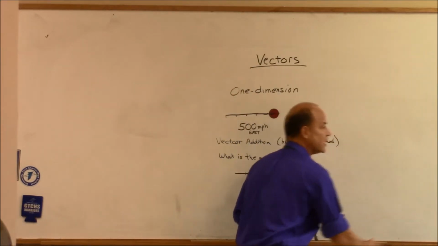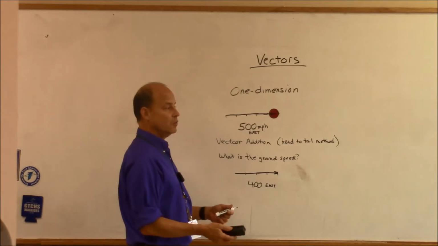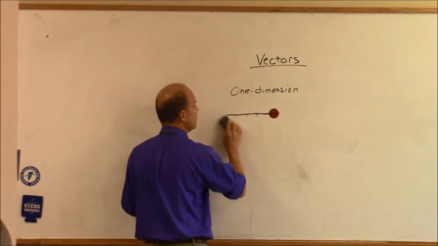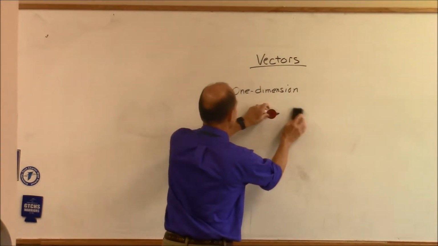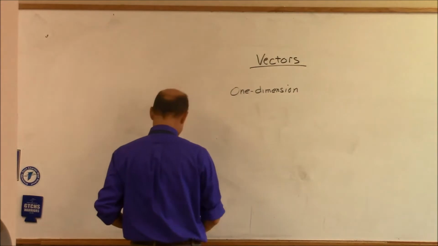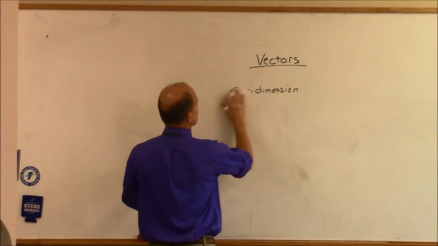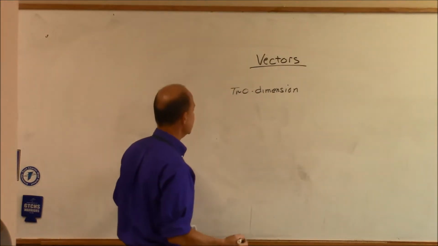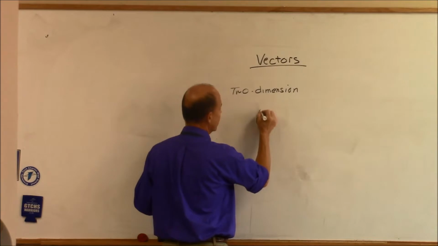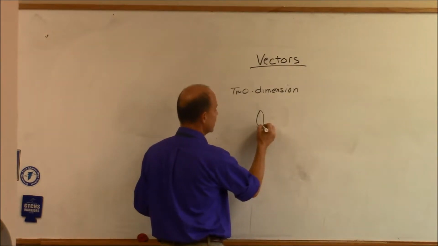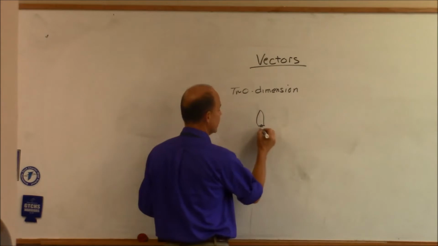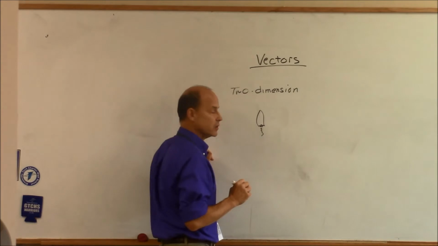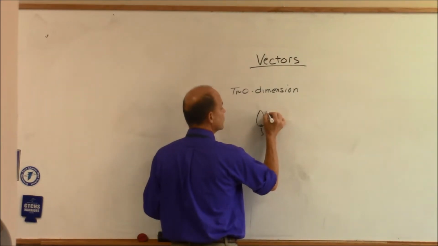Now, as vector addition is very powerful, we can apply it to multiple dimensions. And a classic example is the boat crossing the stream. So now let's look at a two-dimensional problem. And let's say that we have a boat. Here's a boat. And it's got a little motor on it. Here's a motor. And it's headed across the stream. Right? It's got a little wake going behind it. As far as the motor is concerned, we're pushing the boat